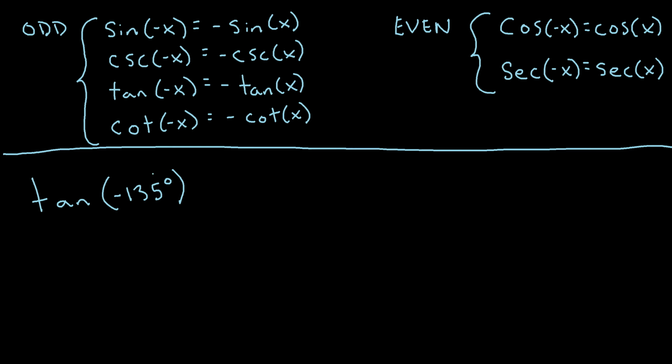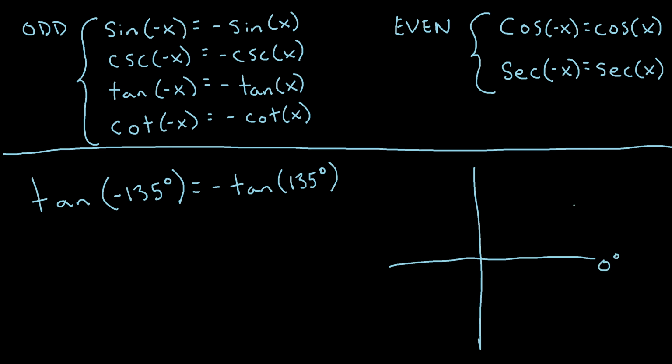All right, let's try one more. Let's say we want to find the tangent of negative 135 degrees. Well, we can see that tangent is one of our odd functions. So the tangent of a negative angle will be equal to the negative tangent of that angle. So this will be equal to the negative tangent of 135. So let's figure out what is the tangent of 135, and then we'll just take the negative value of that. So if we think about our unit circle again,